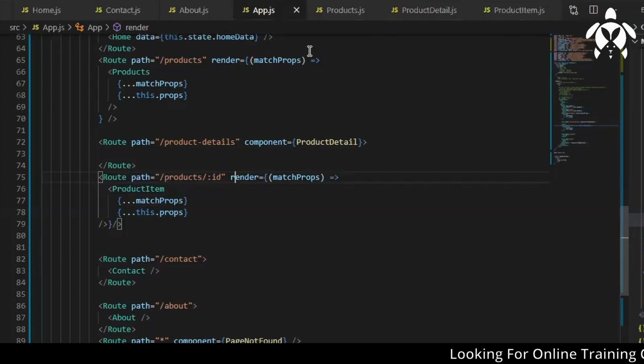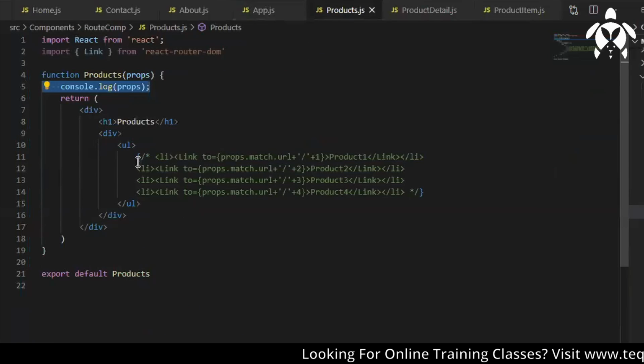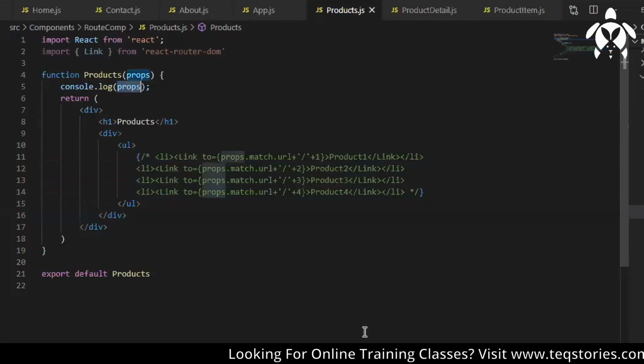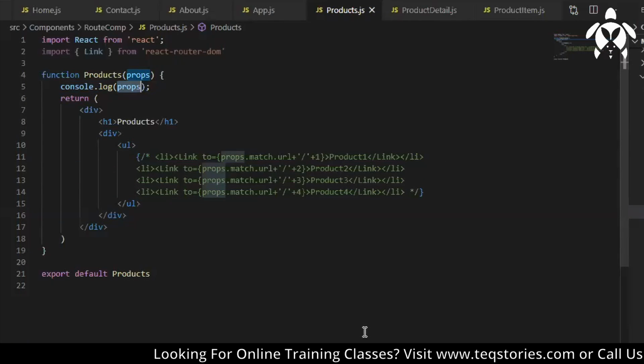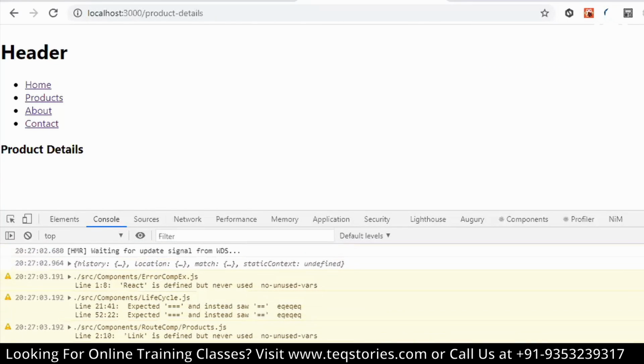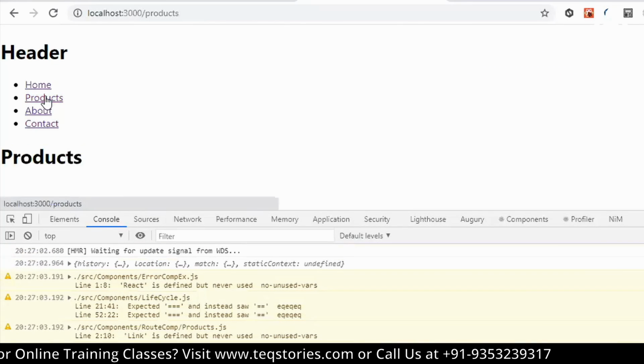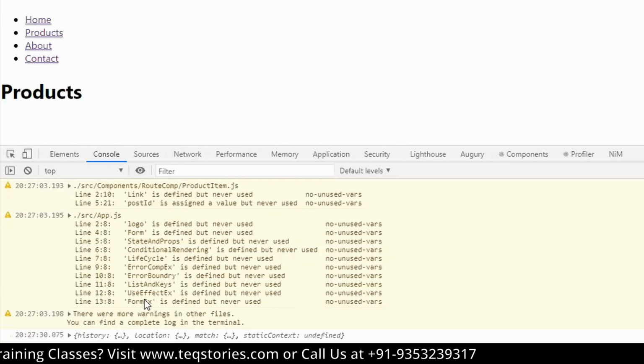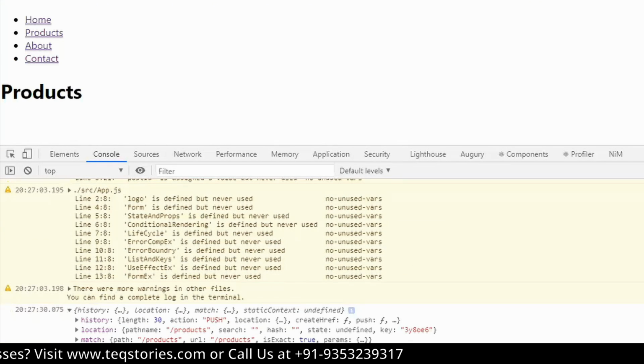So let's go to the products component. Let's have this props. What are we getting? Location, history, and match, right? So let's go to products, and you'll find history, location, and match. So match.path or match.url, I can use it, right?